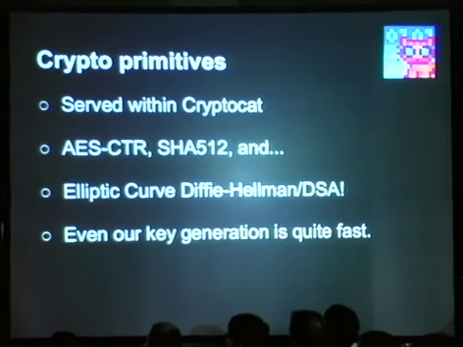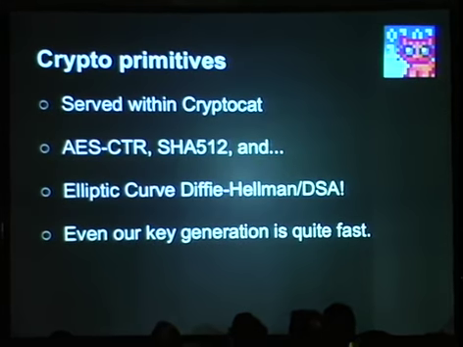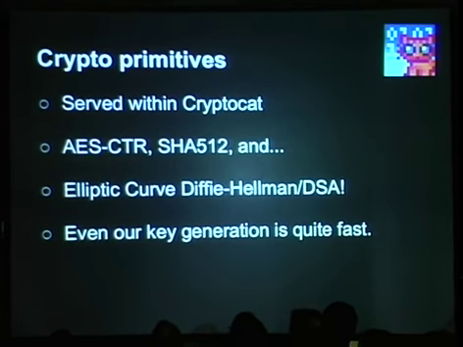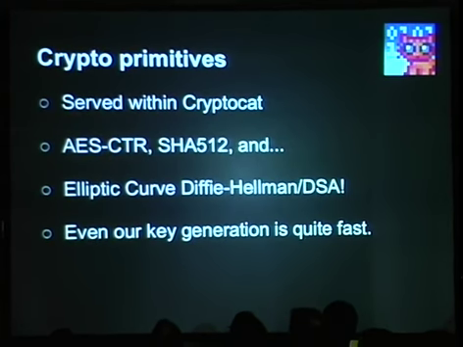So aside from that, crypto primitives. We serve them within Cryptocat, obviously. AES in CTR mode, SHA-512, and elliptic curve Diffie-Hellman and DSA. Since we're doing things in JavaScript, doing things like 96-bit Diffie-Hellman is a pain, especially if you're doing RSA, because you have to generate 2 primes. But